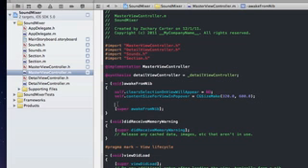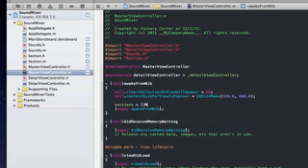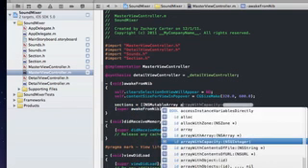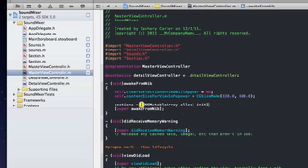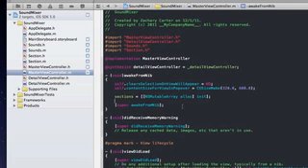So we can add as many sections as we want to the sections array. So let's go ahead and add that. We'll type in sections equals NSMutableArray alloc init, and that's all we need to do to get the